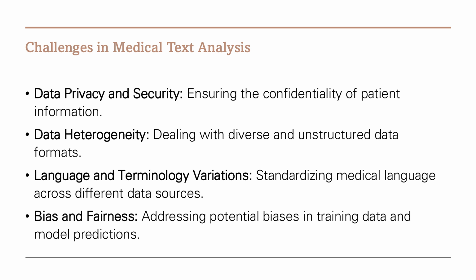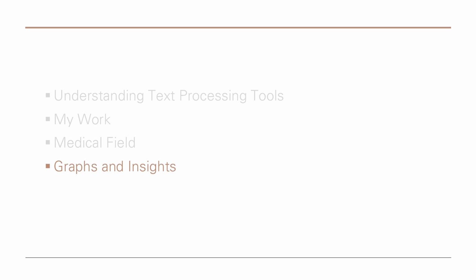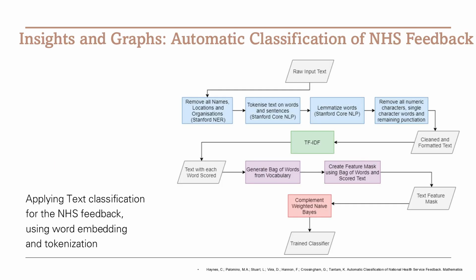The last thing, we can quickly go to insights and graphs. Here is an example of applying text classification to NHS feedback. This was done by my colleague Heinz C, under the supervision of Professor Palomino Marco. Here are quickly the steps of how they did it: using raw input text, removing all names, tokenization, lemmatization, and removing all numerics, then data cleansing, TF-IDF, generating bag of words and text features, and